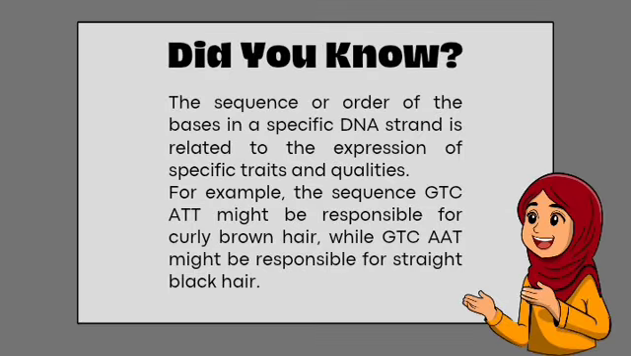Did you know? The sequence or order of the bases in a specific DNA strand is related to the expression of specific traits and qualities. For example, the sequence GTC-AT might be responsible for curly brown hair, while GTC-AAT might be responsible for straight black